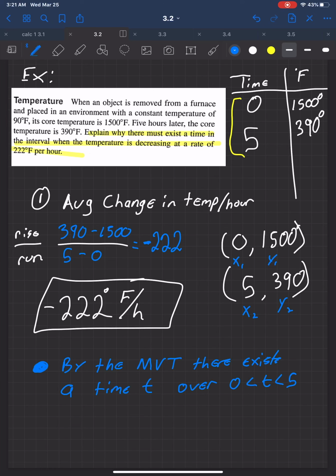By the mean value theorem, there exists a time t in between 0 and 5 such that T'(t), meaning the rate of change of temperature at that time, is equal to negative 222 degrees